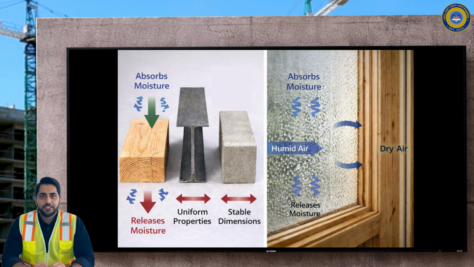This is fundamentally different from materials like steel, which behaves the same in all directions, or concrete, which becomes dimensionally stable once it has cured. Solid wood never fully stops responding to its environment. Long after installation, it continues to absorb moisture from humid air, release moisture into dry air, and change dimension as conditions shift. That doesn't make solid wood unreliable.